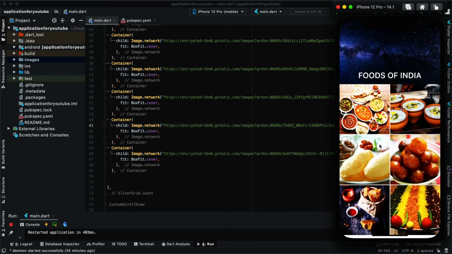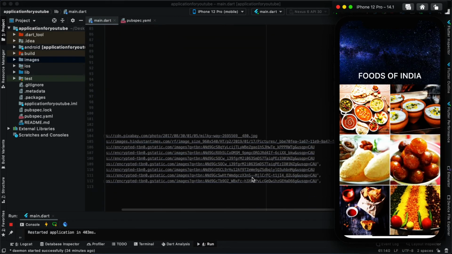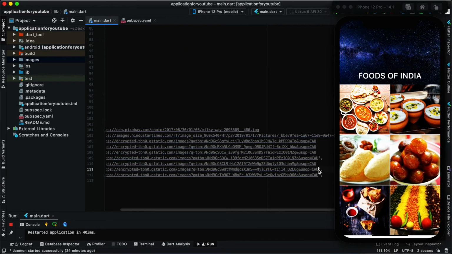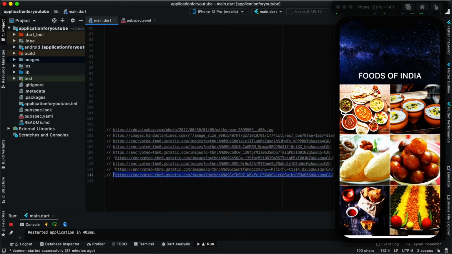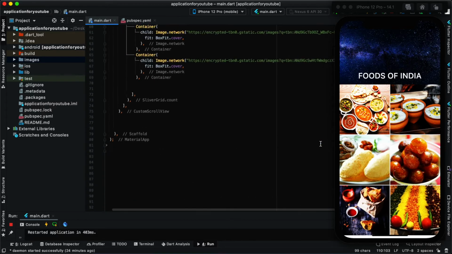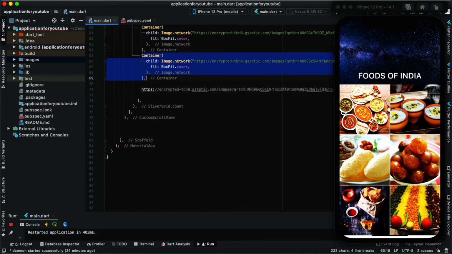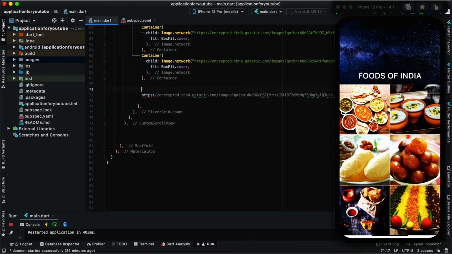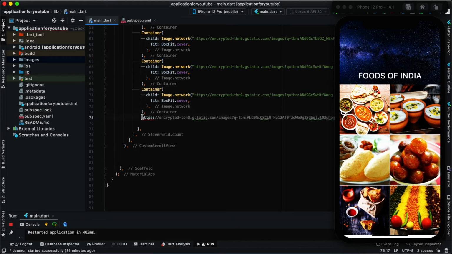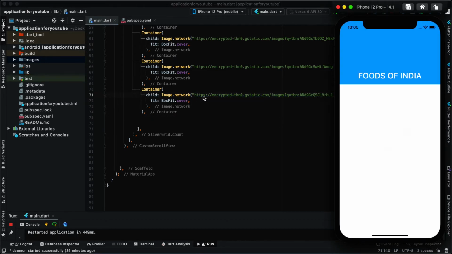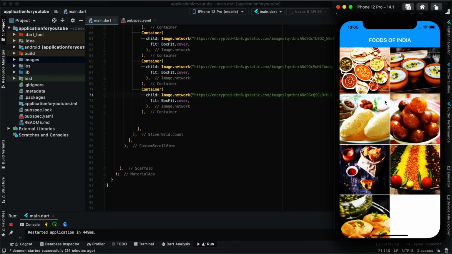Yeah, so these are my images. I can scroll it down also. Let me choose one different image also, and I'll use it in this container. I just copied it, and I'll use this. Okay, so it will appear like this.